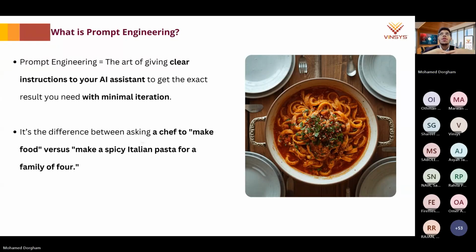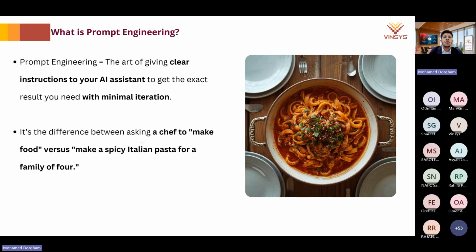Now, when you get a bad result from an AI, it's not always the right choice to switch the AI system. You need to understand why you got this bad, wrong result. So here we're going to speak about one of the main important concepts when it comes to interacting with AI, which is called prompt engineering.